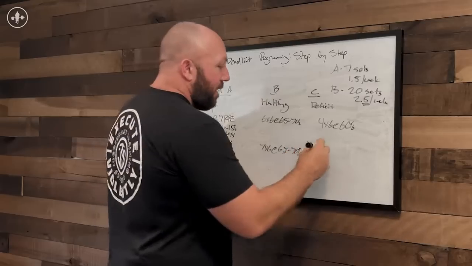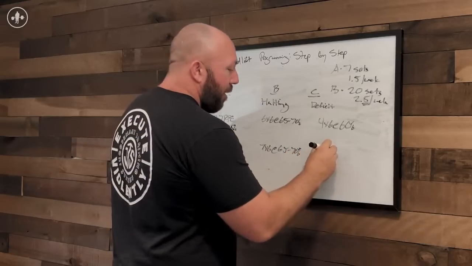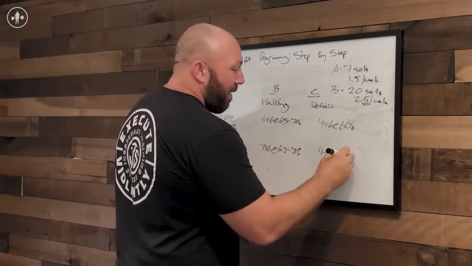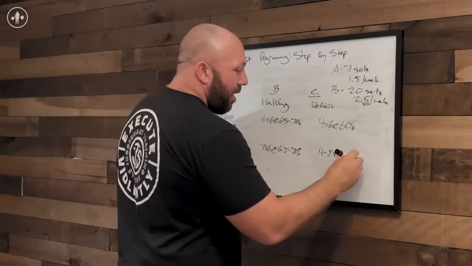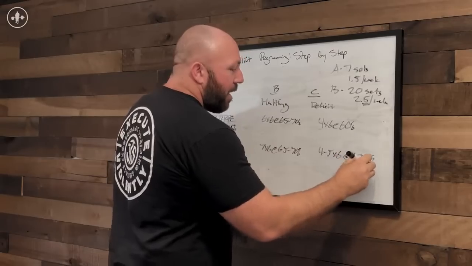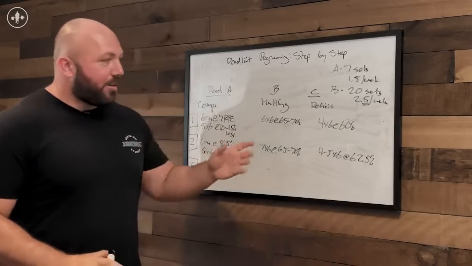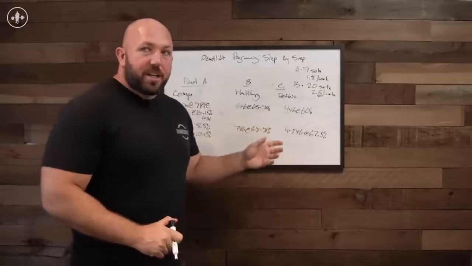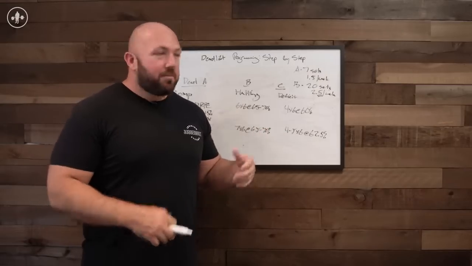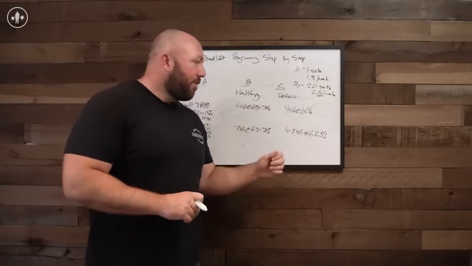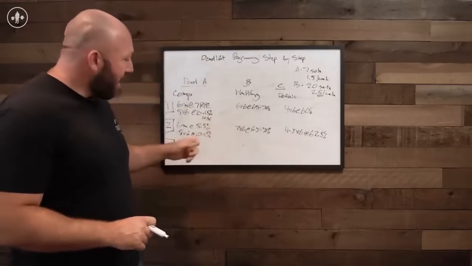Then here on our deficit deadlift day, let's just call our plan 4 to 5 sets of 6 at 62.5%. So we're going a little bit heavier. We'll see how they feel in that session. We want to for sure get 4 sets done. If it seems like they feel good, we can do 5 sets, but do that keeping in mind that the